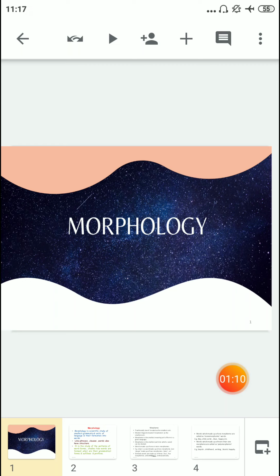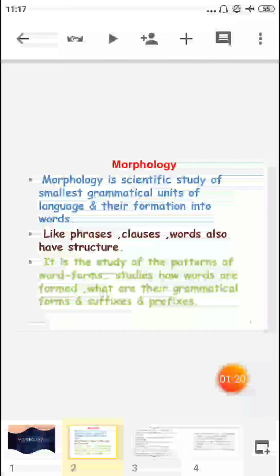My dear friends, any language is based on words. If the language doesn't have words, the language cannot progress. And morphology is nothing but the scientific study of the smallest grammatical units of a language and their formation into words. Words also have structure like phrases and clauses. And morphology studies how the words are formed, what their grammatical functions are, such as noun, verb, adjective, adverb, and